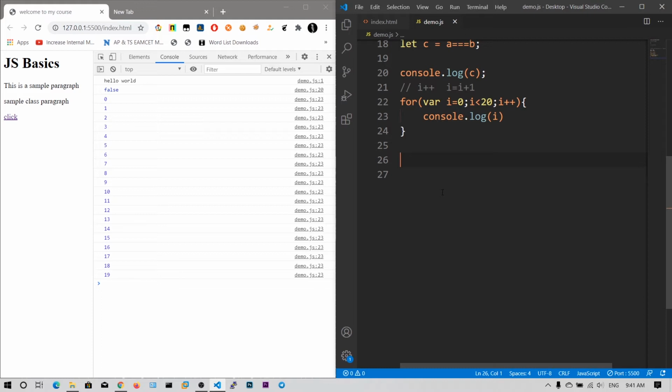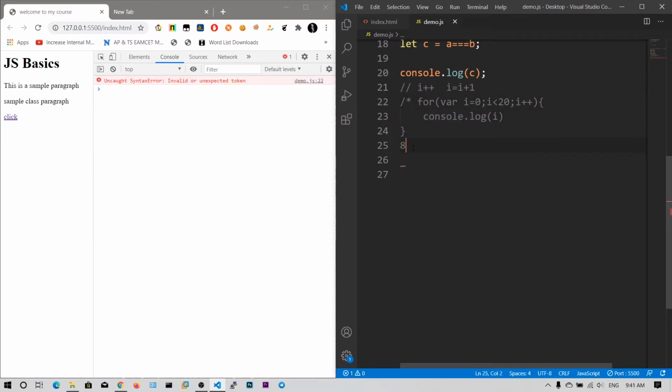Another important loop we are going to see is the while loop. The while loop is similar to this for loop, but in a while loop we need to increment manually, not in the loop header. Let me show you that.